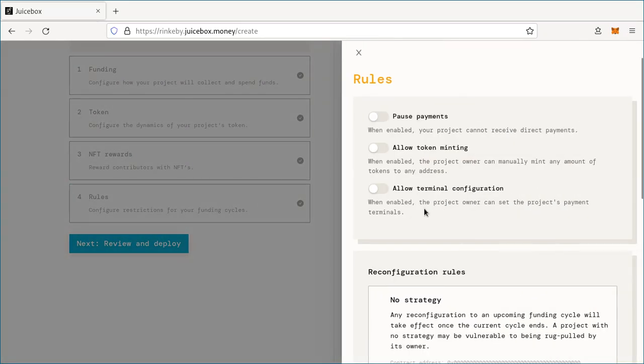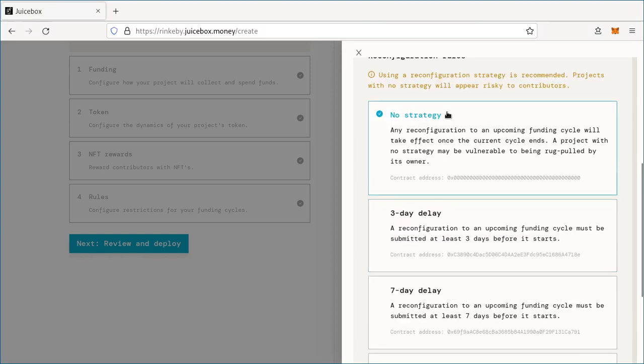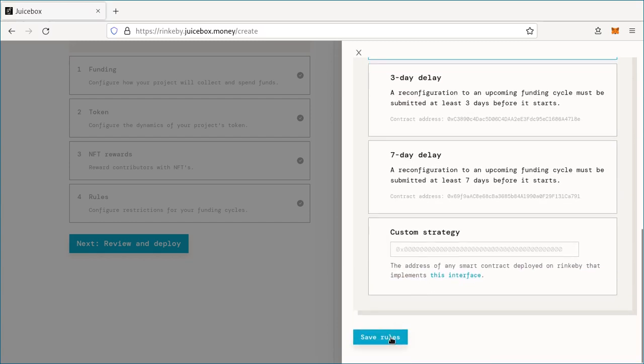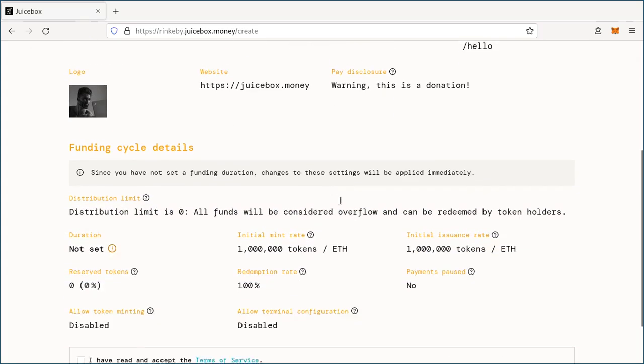Next, we're going to go on to the rules. We can leave all of these off, and then we go to the reconfiguration rules. By default, there's a 3-day delay, meaning you need to submit a change at least 3 days before it's implemented, which is helpful because it allows the community to see proposed changes before they actually take place, which helps people trust that you're not going to rug pull them. But if you need some extra flexibility and you want to adapt your treasury quickly, you can set this to no strategy. So we're going to save our rules,